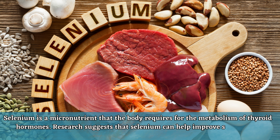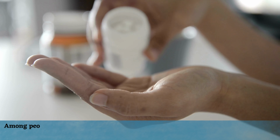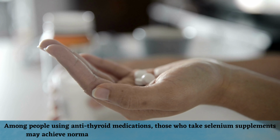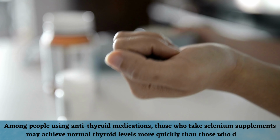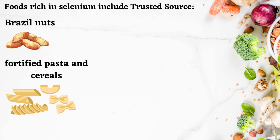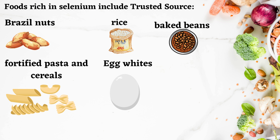Research suggests that selenium can help improve some of the symptoms of autoimmune thyroid disease, such as thyroid eye disease. Among people using anti-thyroid medications, those who take selenium supplements may achieve normal thyroid levels more quickly than those who do not. Foods rich in selenium include Brazil nuts, fortified pasta and cereals, rice, egg whites, baked beans,